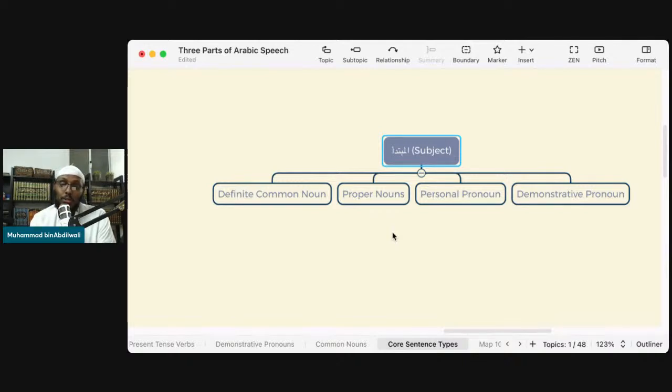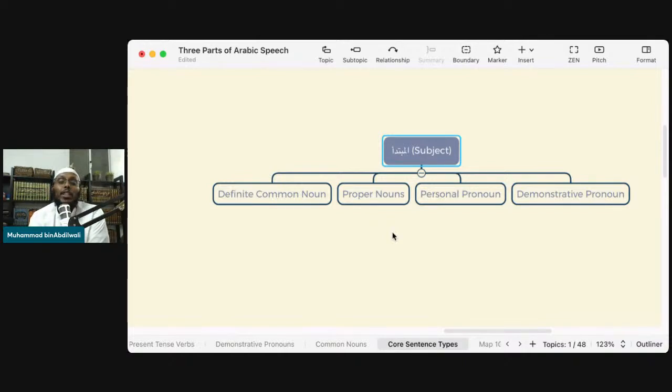It's not very useful. If I say, for example, a beautiful flower, which beautiful flower? What about this beautiful flower? If I say, for example, a red car, what about the red car? Did you buy a red car? Did you see a red car? What about the red car? Right? So that's why if it's indefinite, it can't be the mubtada, it can't be the subject, because I don't know what you're talking about.